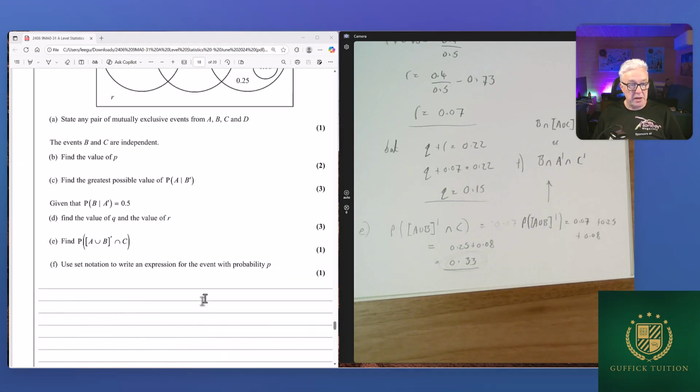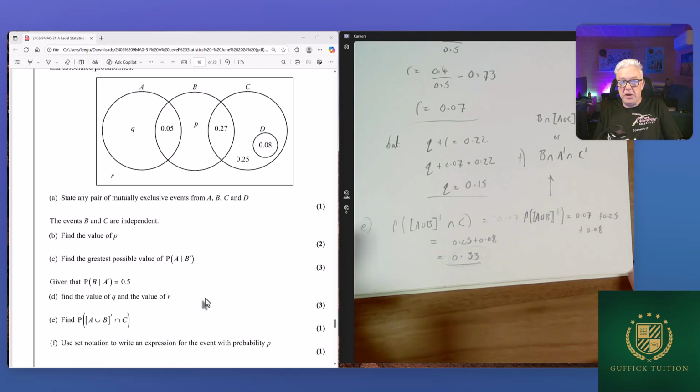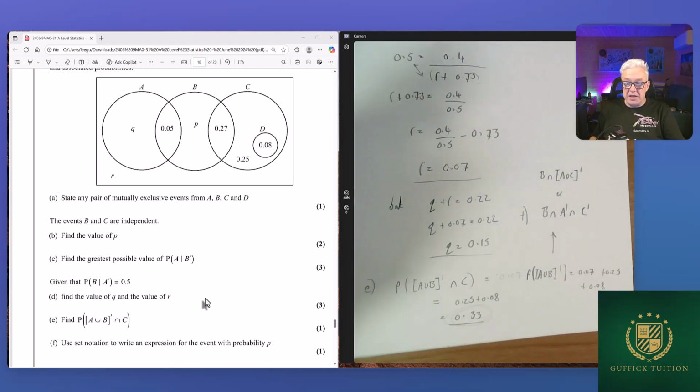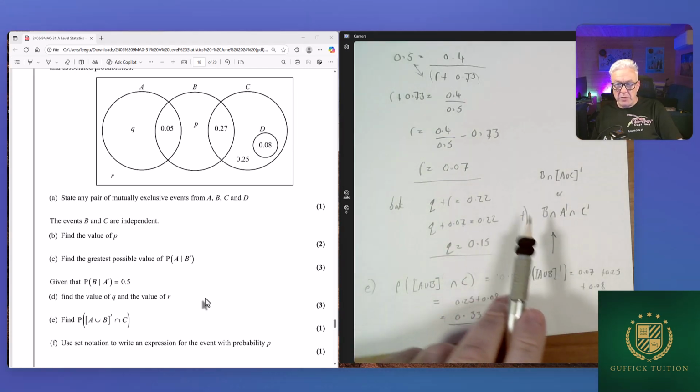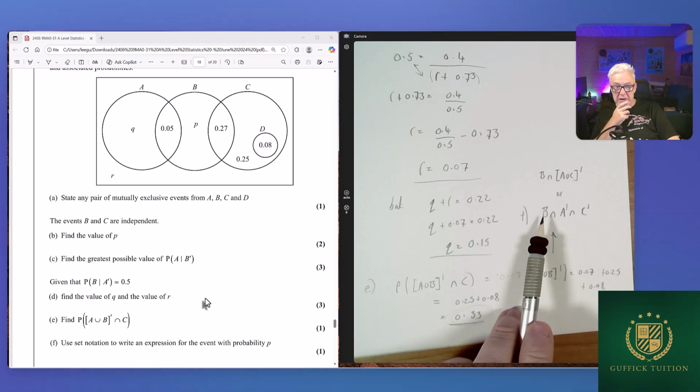And then finally, the last mark on the paper, it says use set notation to write an expression for the event with a probability P. Now there's various choices that we've got, okay? So we just want something that is equivalent to P only. Right, so what about if we have that we've got something that's in B and it is also